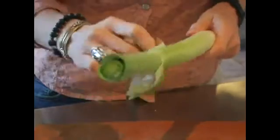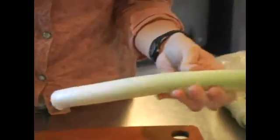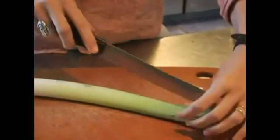and then peeling the outer layer of the leaf off. So you're getting into that inner part of the leek. Now we'll slice it in half,